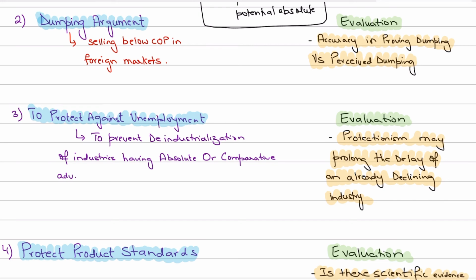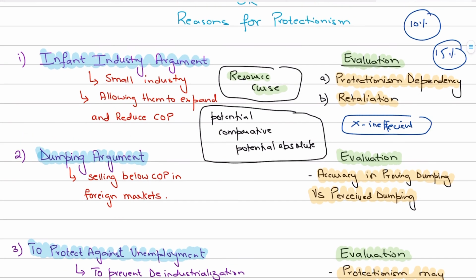But again, you need to evaluate dumping as well, and in that case what you will say is that okay, fine, we agree that dumping is bad, but proving the accuracy of dumping is extremely difficult, because dumping is not easy to prove, right? Finding information regarding the cost of production, and then proving that the products were being dumped by the overseas firms in the domestic market purposefully, and purposefully sold at prices below the cost of production,